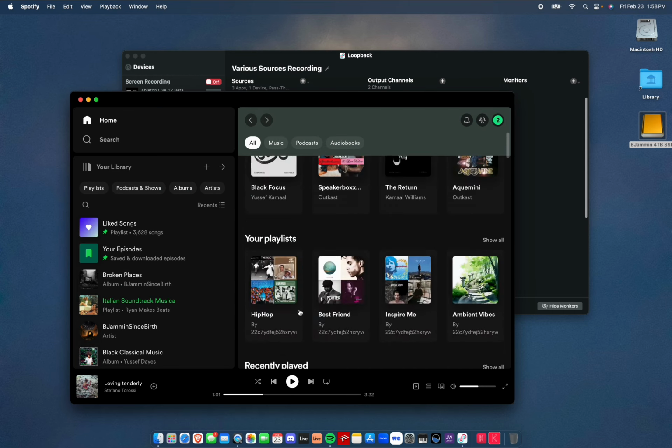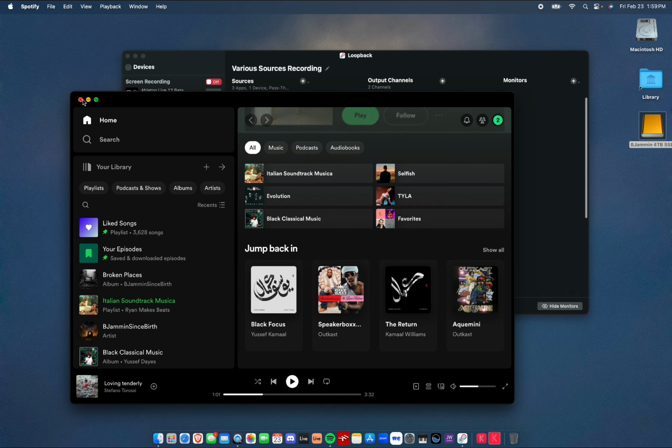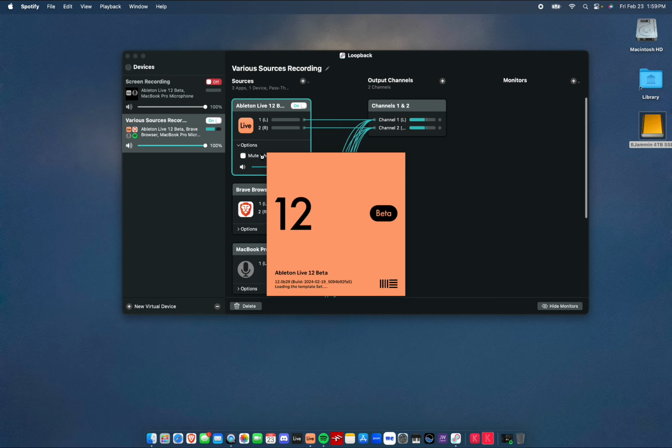So what I wanted to show you is that I can run a song in the back. Now this will probably give me a copyright strike, but I'm just gonna play a snippet of one. So give me a second. I'm gonna open up Ableton. Now you can mute Ableton when capturing if you want. I leave it on because obviously I record a lot with Ableton, but I want you to be able to hear what's going on. The blessing of this is now you don't have to hear the volume coming through a speaker, and sometimes that can be